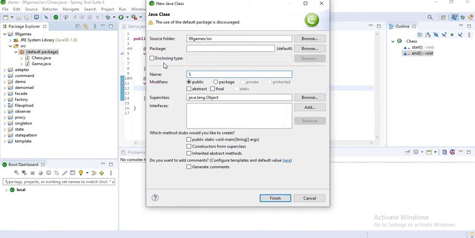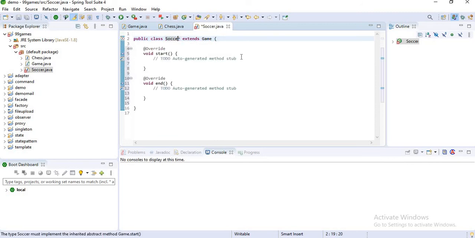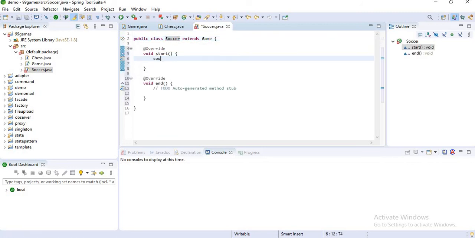Now I want to create another class, which is Soccer, and I want to extend it with Game. Again System.out.println "Welcome to soccer game," and again here I am printing a message, "Do you want to exit this game?"